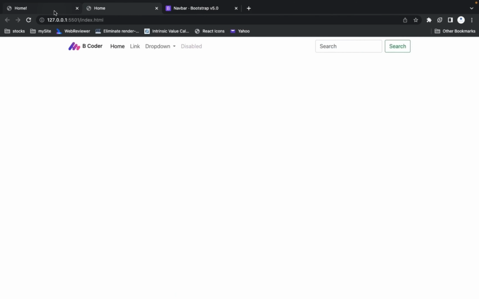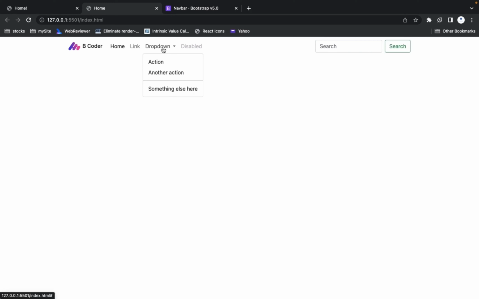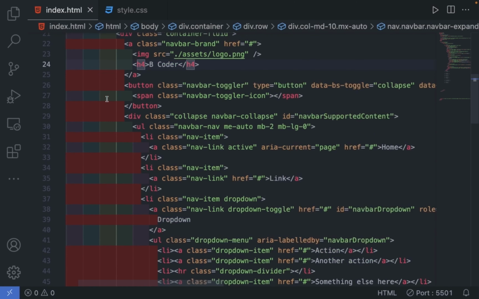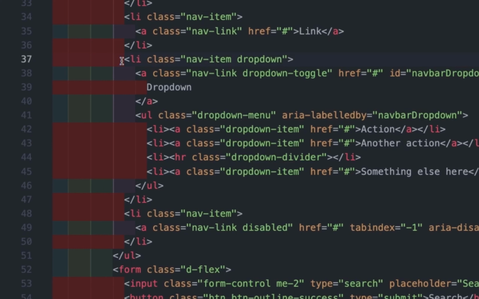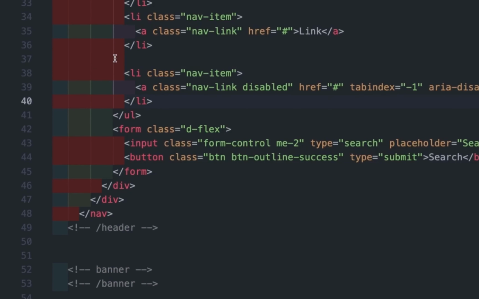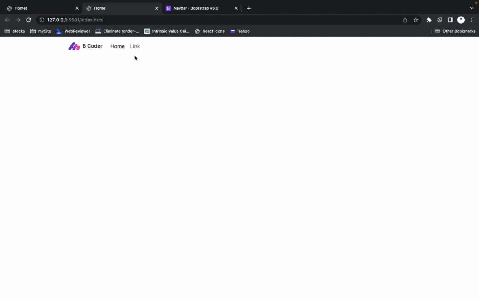When I give the padding to home, about and all the other items, the padding in the logo will automatically come there also. Now I will remove the unwanted things from here. Like the search bar that is present in the navbar. In line numbers 37 to 47 a dropdown is present, so we don't need that one. I will delete that. And from line number 42 there is a search box form, so I will delete that also, because in the header we don't need the search box and the dropdowns.